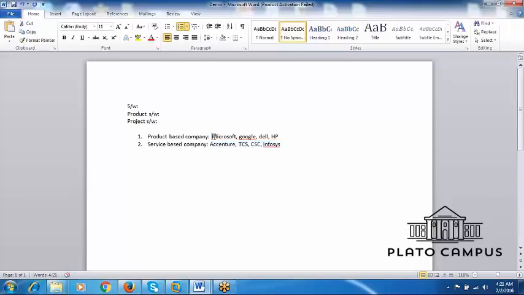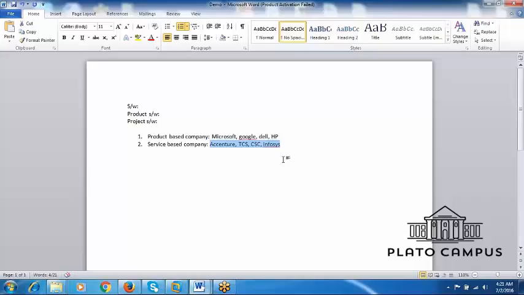You might have heard about Microsoft, Google, Dell, HP products because they develop their own software products. But companies like Accenture, TCS, CSC, Infosys are mainly concentrating on developing some other company's software products. We never hear about these products which have been developed.